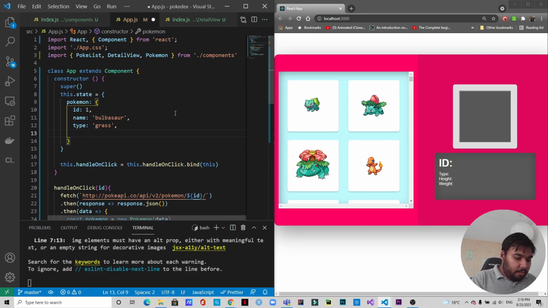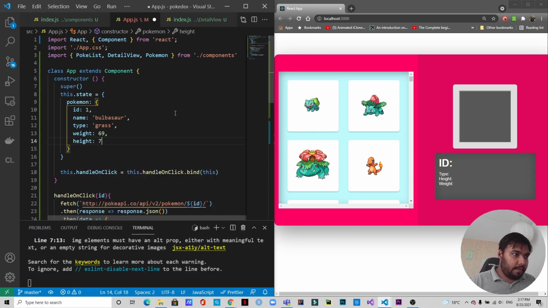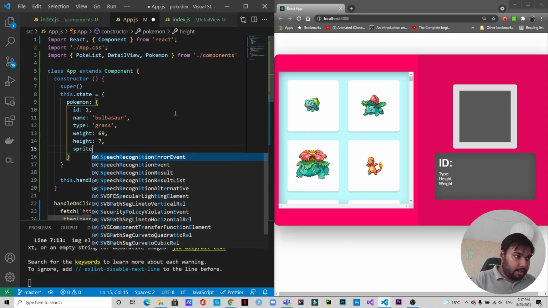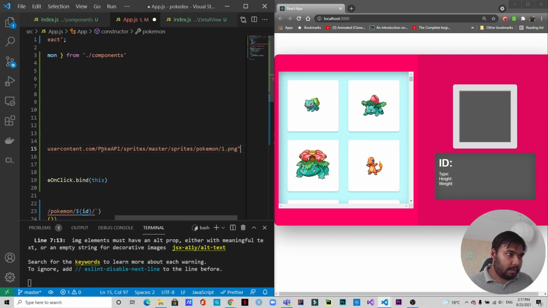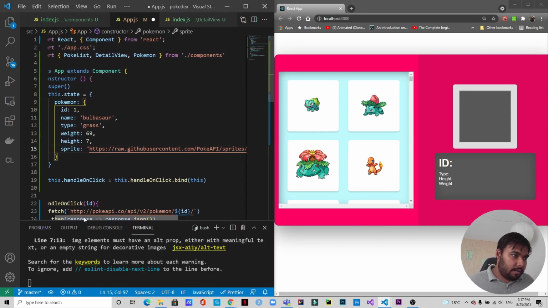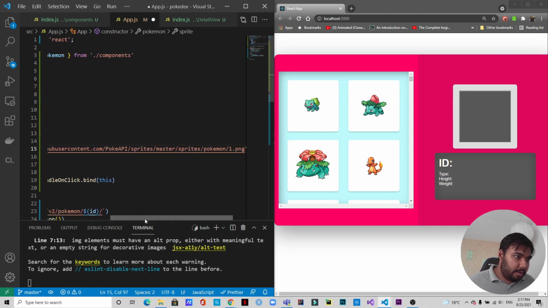The weight will be 69. The height will be 7. And for the sprite, we need to copy and paste. Okay, so basically this is the sprite, the image of Bulbasaur, as you can see, with the ID of 1,